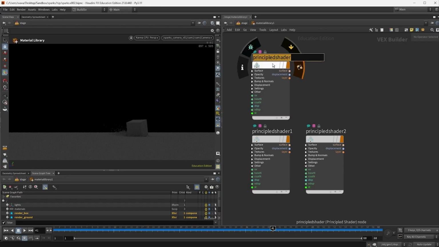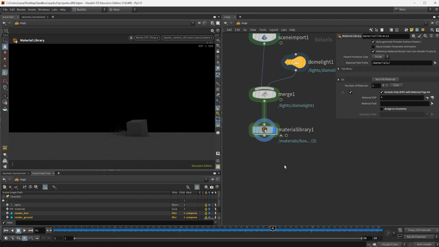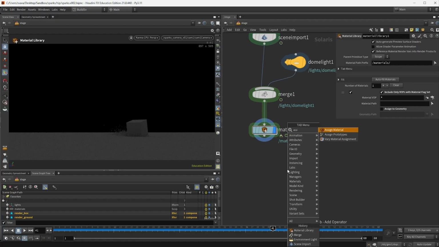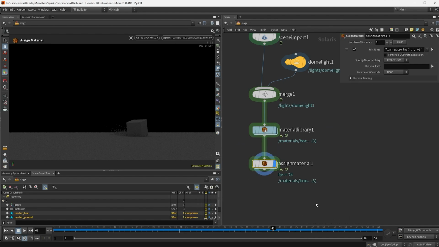And this one is going to be for the sparks. This one is going to be for the box. And this one is going to be for the ground. And then I'm going to go upstairs and I'm going to assign these materials. So assign material. I want to assign 3 materials.